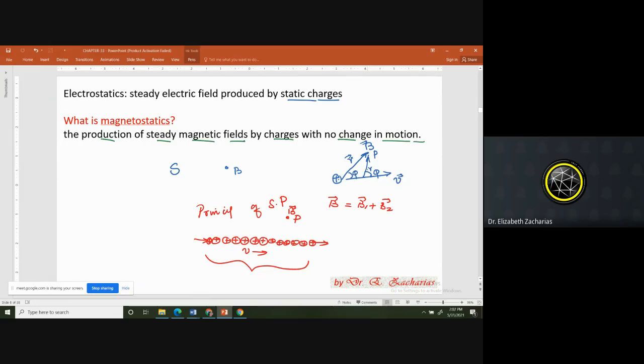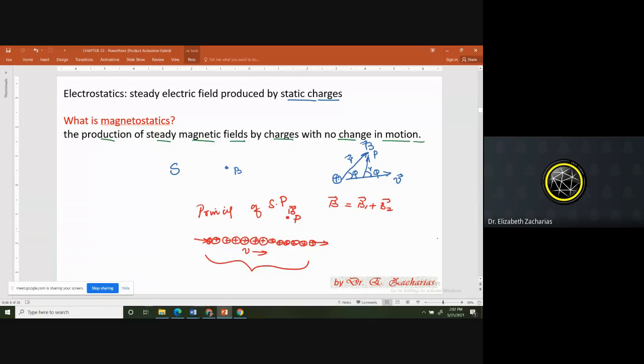If they are all moving with a certain average velocity v, it continues with the same average velocity v. Or indirectly, you must remember J is equal to nevd, chapter number 39. Or I am talking about a constant current. So if I have a constant current, I can produce a magnetostatic situation. Or you come to the important conclusion that individual moving charges cannot produce magnetostatics. Only a steady current can produce a magnetostatic situation.